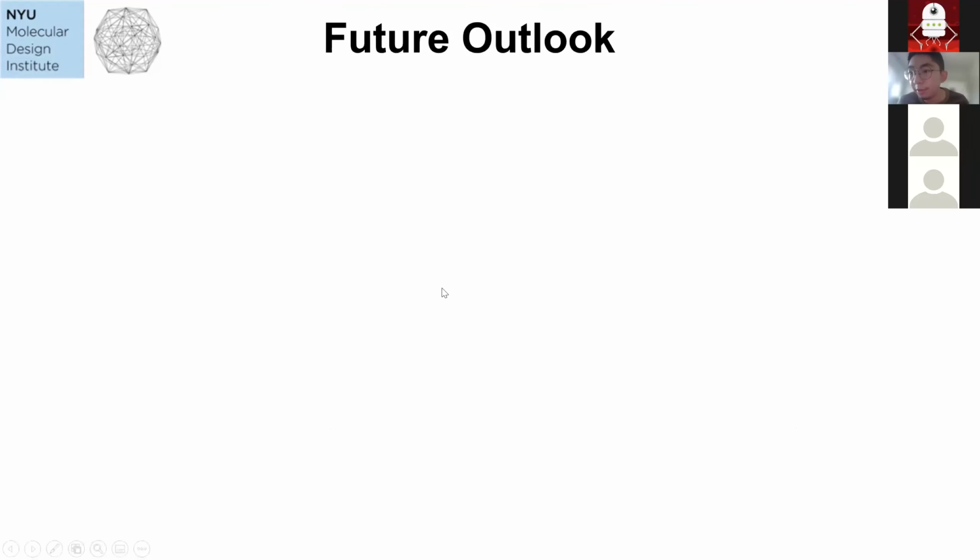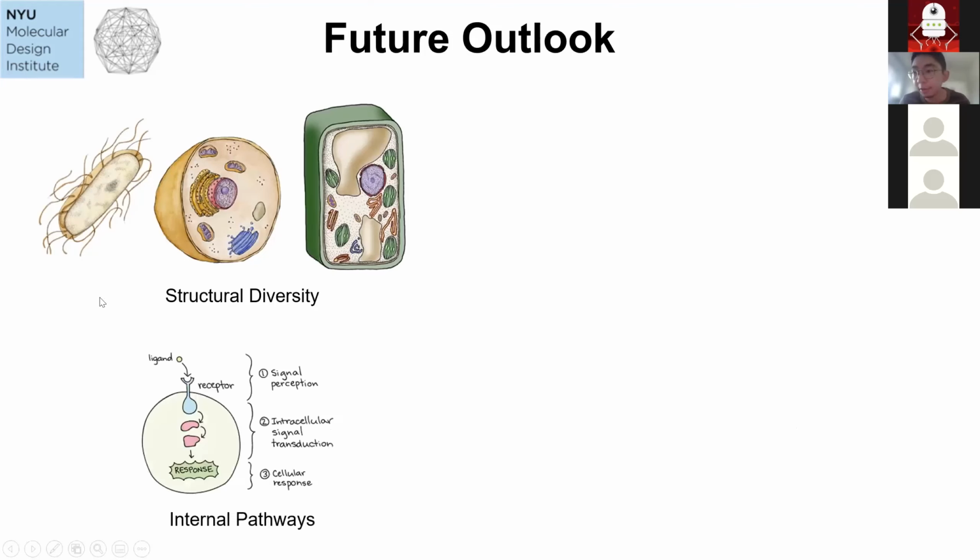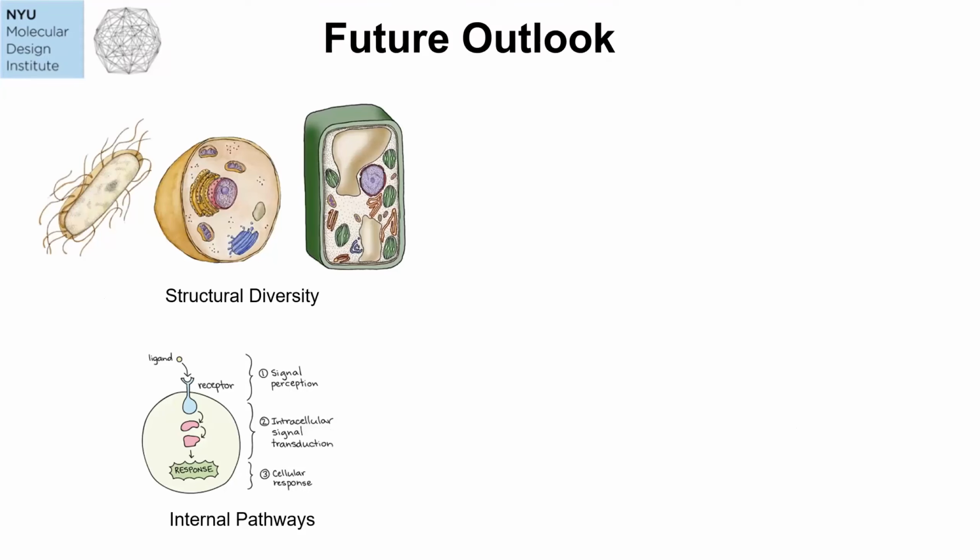So just to give an outlook for the future, living organisms have different structures and different shapes. So our colloidal microcapsule, or colloidal cell mimic, is just the starting point. In the future, we want to study more structural diversity for these microcapsules. And also, living cells have many internal pathways, that is, the interaction of the machines inside the cells. We can put inside a variety of different active particles to study their interaction as well, such as a mimic